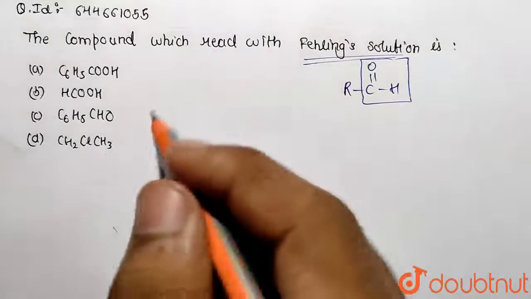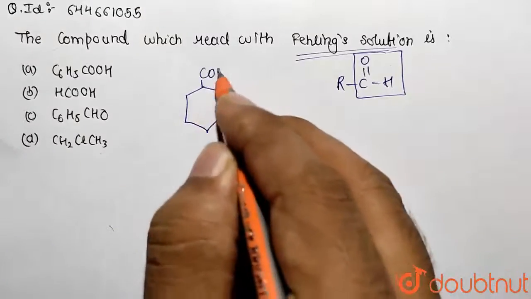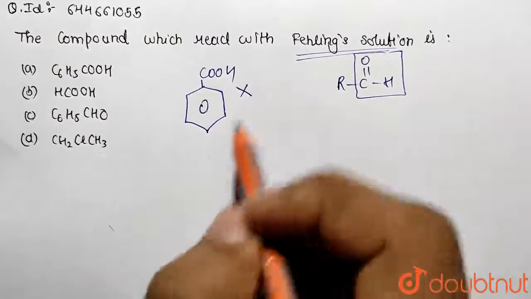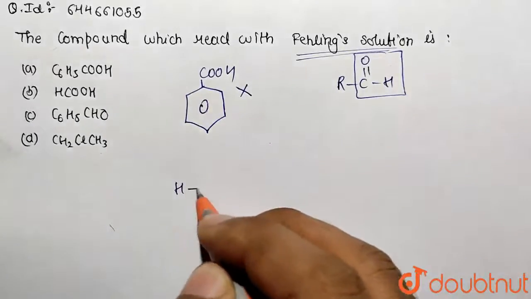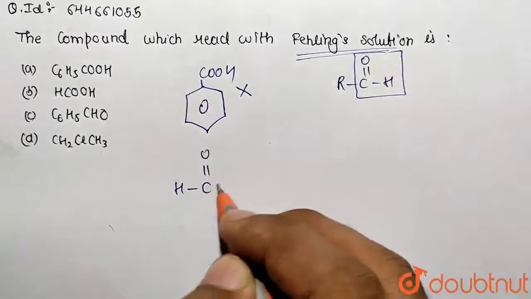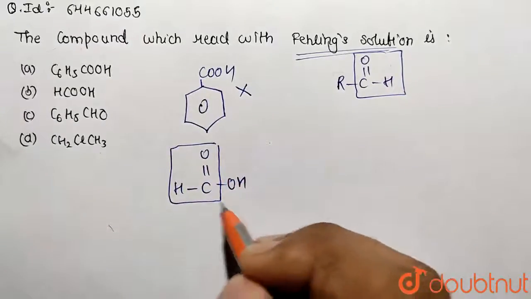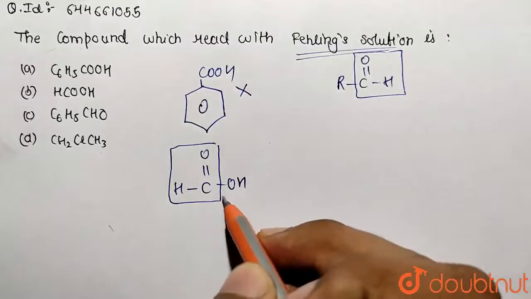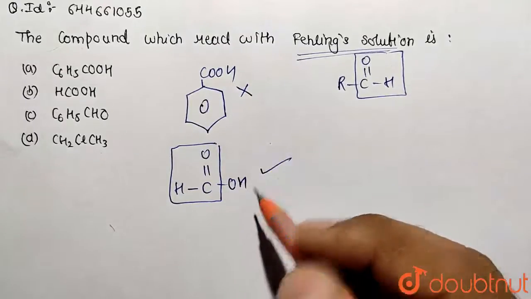Over here this is given as benzoic acid, so C6H5 and C double bond OH. So it's not going to give the test because it is not containing an aldehyde group. Now the second option we are given is formic acid or methanoic acid. So yes, this is containing the aldehyde group. Actually it is an acid as well as an aldehyde because it is containing both the groups. So this can give the Fehling solution test. So we are going to see its reaction afterwards.